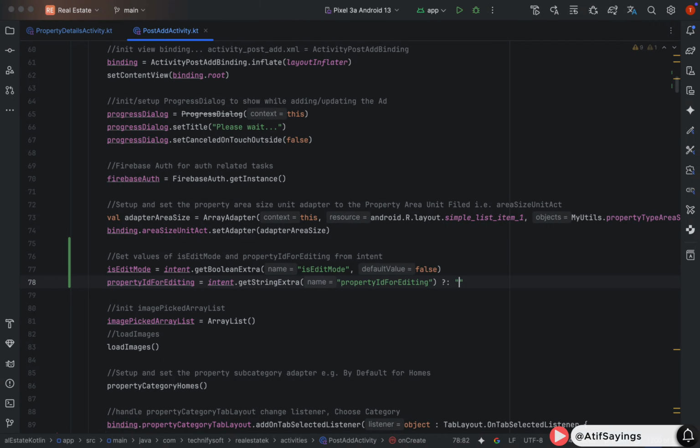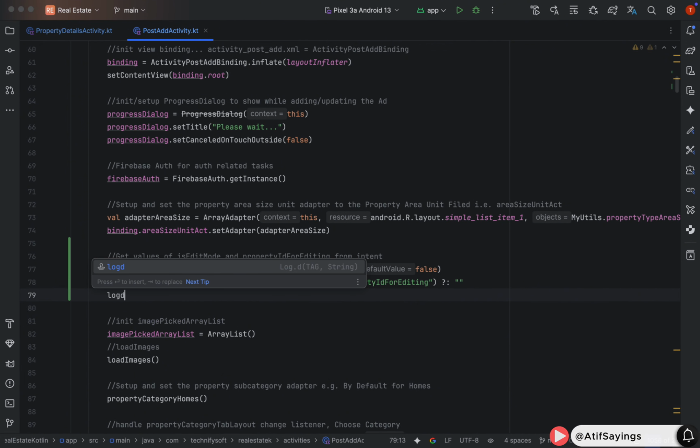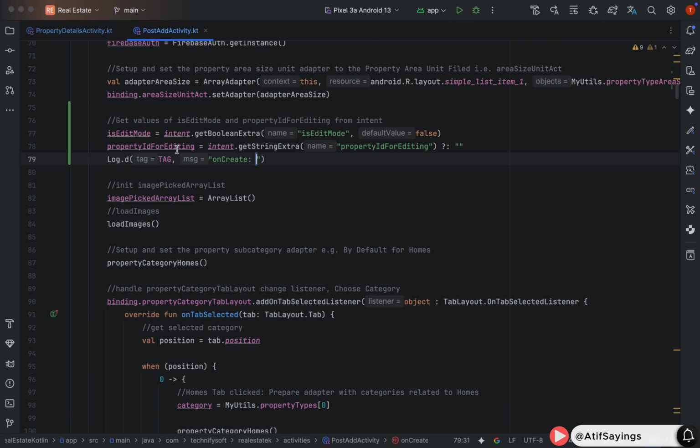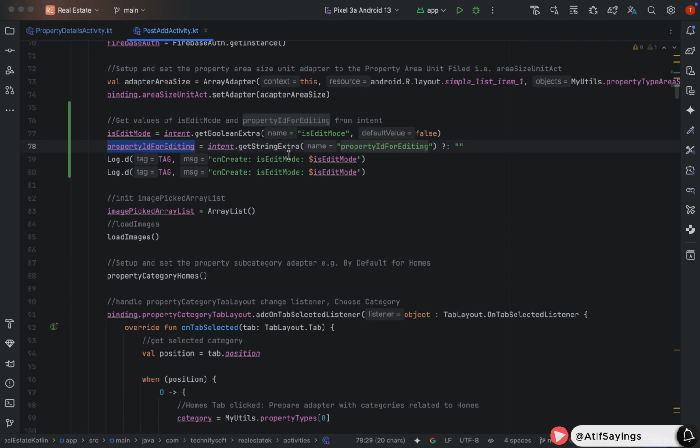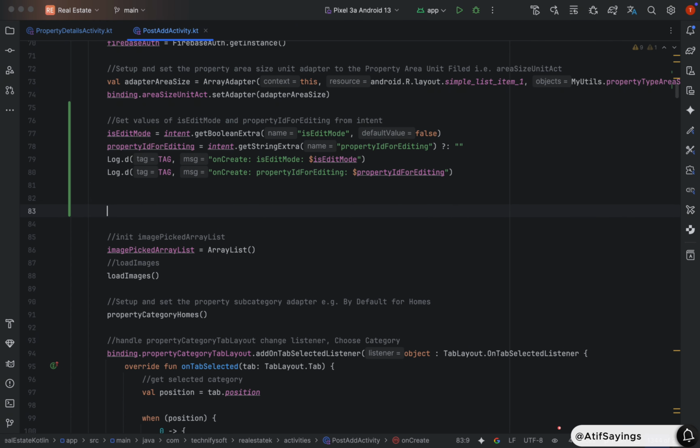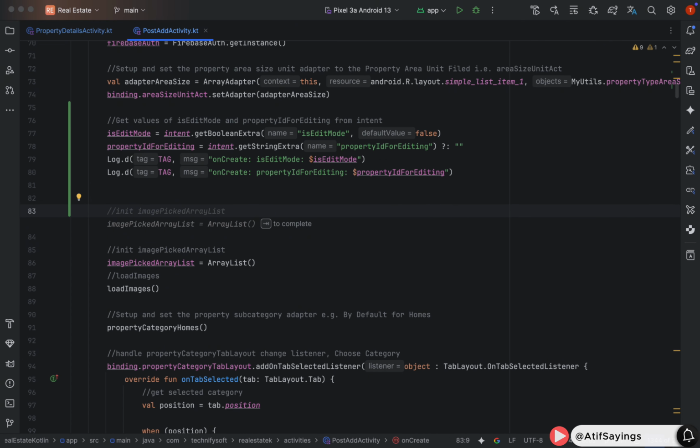We have to do this because we have defined the variable as not nullable. Now we will show the values of this variable in logcat using log.d. First parameter is the tag and the second parameter is the message, including the isEditMode. Similarly, we have created another log.d and as a second parameter, we have passed custom message including the property ID